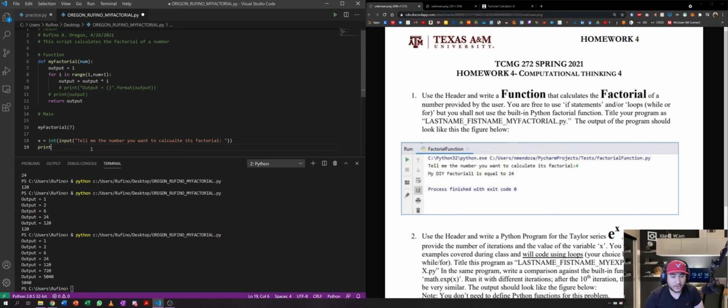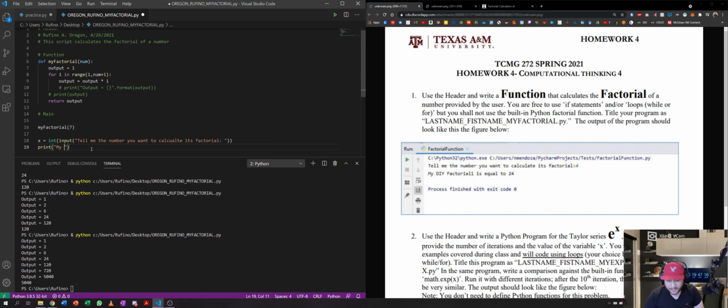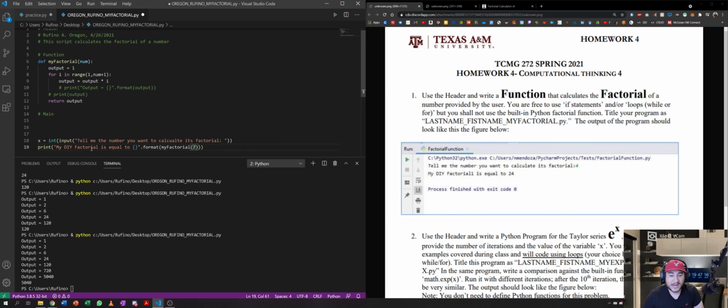So now I'm going to use a print statement, and the message is my DIY factorial is equal to something, and that something goes into the format. And what is that something? So I need to call my function, and I'm going to just cut this 16. I'm going to put it inside over here. So my factorial, and now instead of having a hard-coded number, we need to use the number that we get